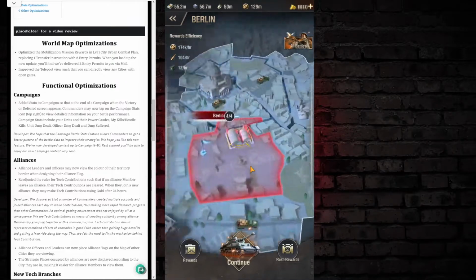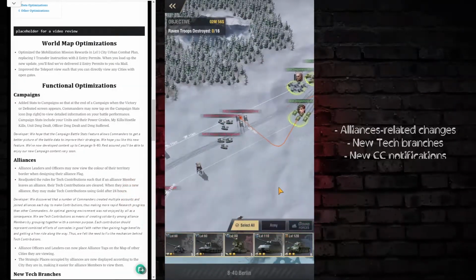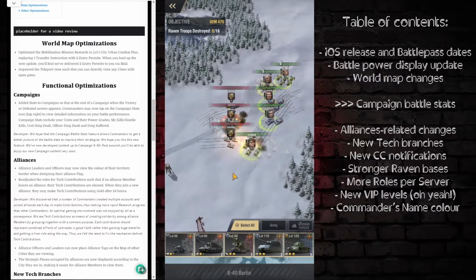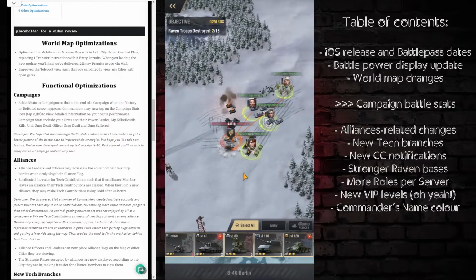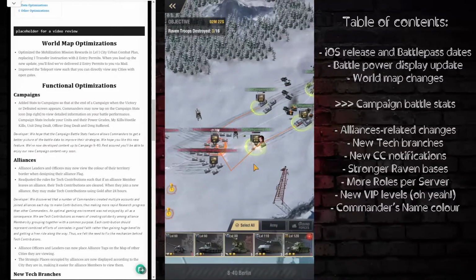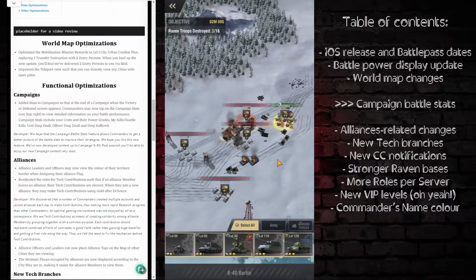Next item we're gonna talk about are campaigns. So developers have added stats to campaigns so that at the end of the campaign, when the victory or defeat screen appears, commanders may now tap on the campaign stats icon top right to view detailed information on battle performance. Campaign stats include your units and their power grades, kills, hostile kills, unit damage dealt, officer damage dealt, and damage suffered. Since I'm stuck on this mission for a while, I don't expect any changes soon, so I'll just auto